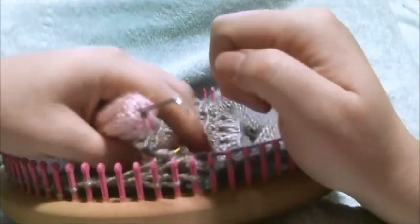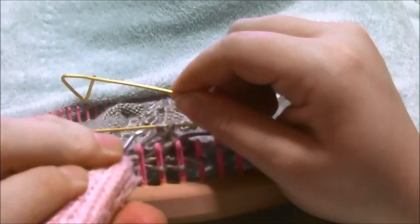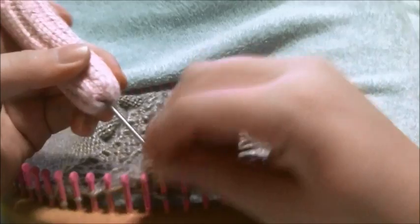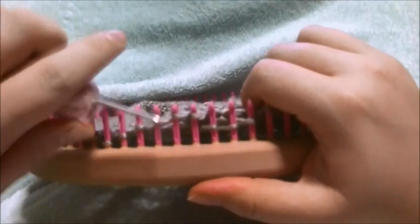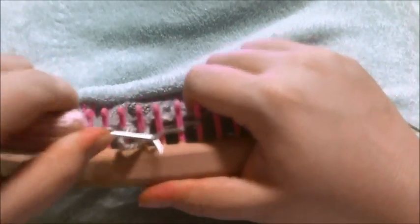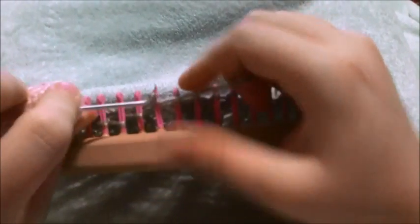Then you're going to move stitch 3 to peg 6, stitch 2 to peg 5, stitch 1 to peg 4. Then you're going to pull stitch 4 from your stitch holder and put it onto peg 1. Then take 5 from your stitch holder and place it onto peg 2. Then place stitch 6 onto peg 3. Go in and snug up your stitches from the first peg to the 6th peg, keeping your cabling uniform. Purl 1,